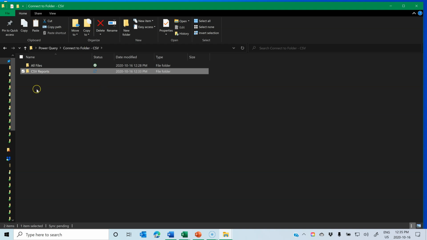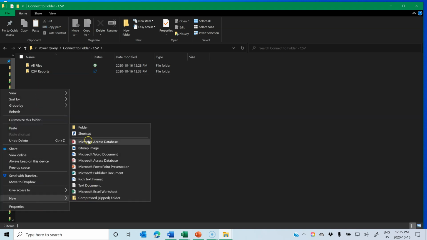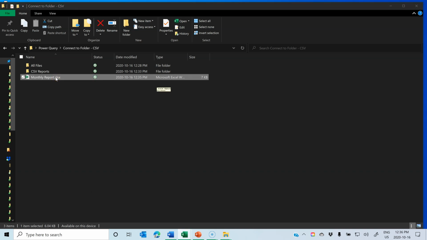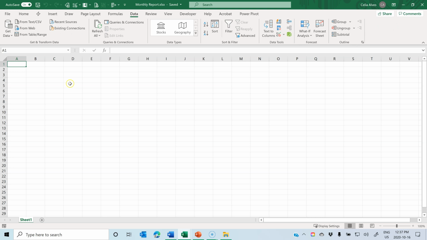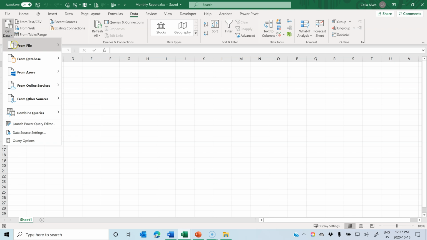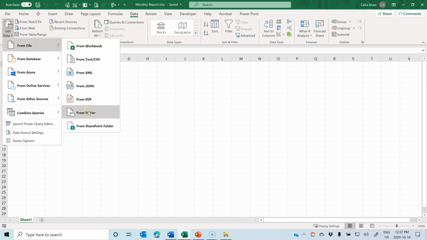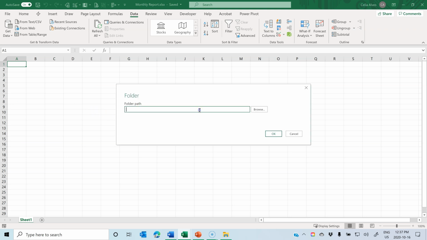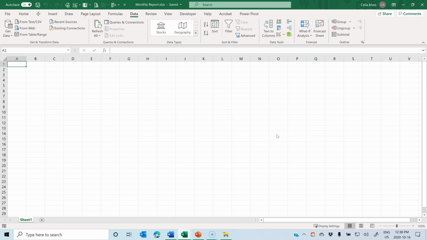And I'll go back here and I will create a new Excel file called monthly report. Let's open this file and let's build the query that will connect to the CSV reports folder. So all I have to do is to go to the Data tab, click the button Get Data, from File, from Folder, and browse the folder where I have the reports, or I can just paste the path here, click OK,